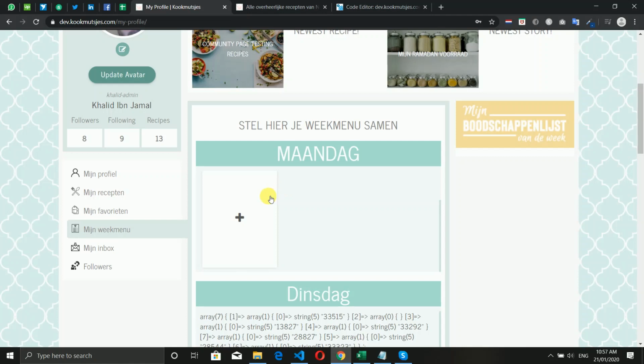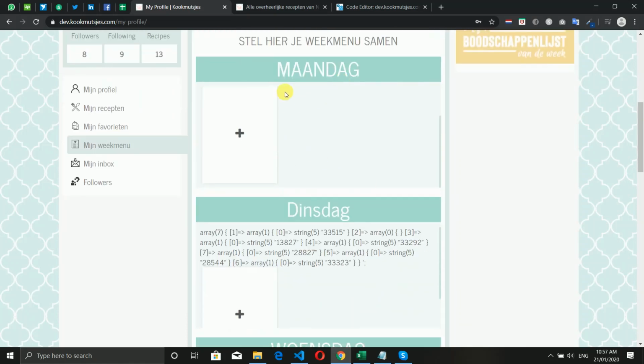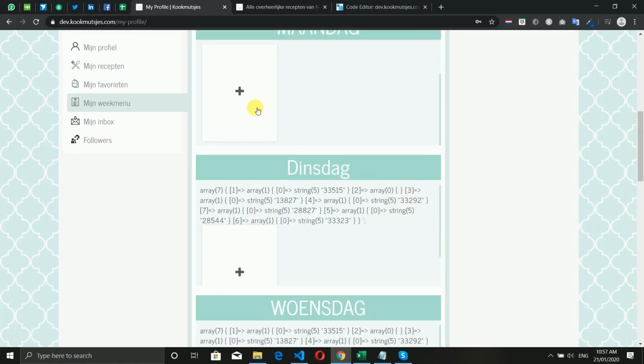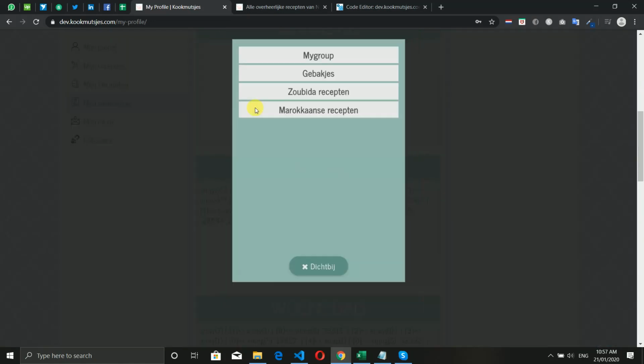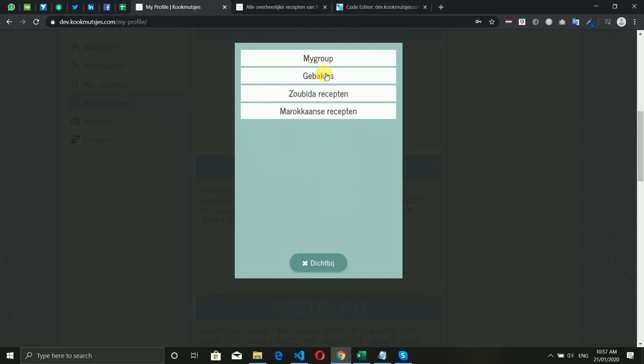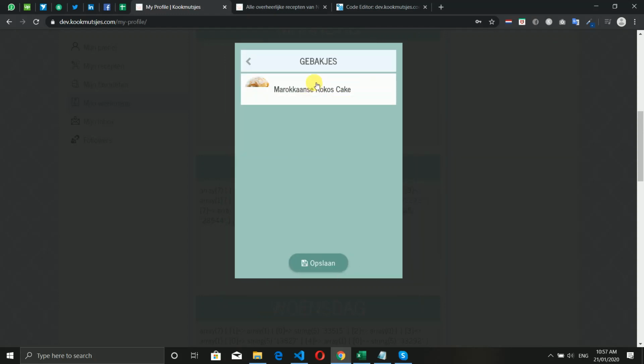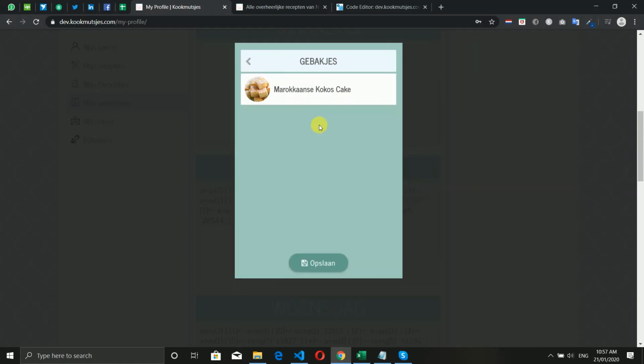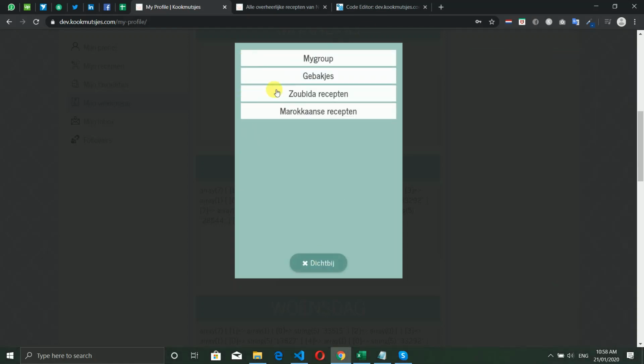Initially, he wanted a plus sign on every day section like Monday, Tuesday, Wednesday, and when he clicks on it, it will show the category-based recipes, like this recipe is underneath this category. Then if I select this and click on the option, it will be saved into